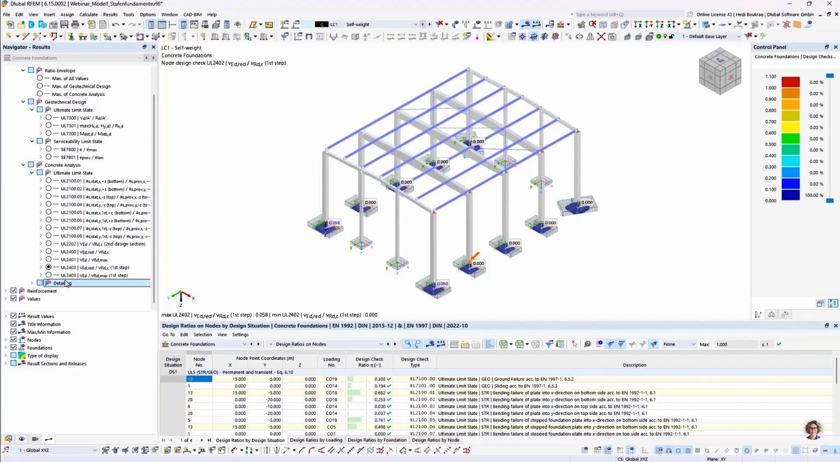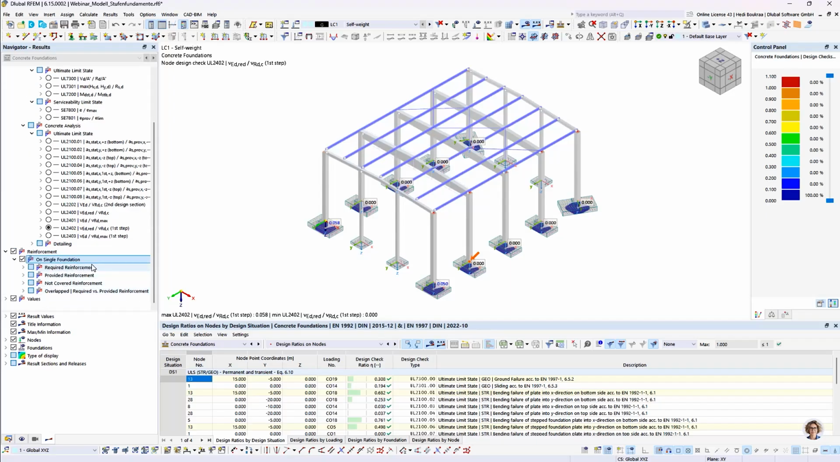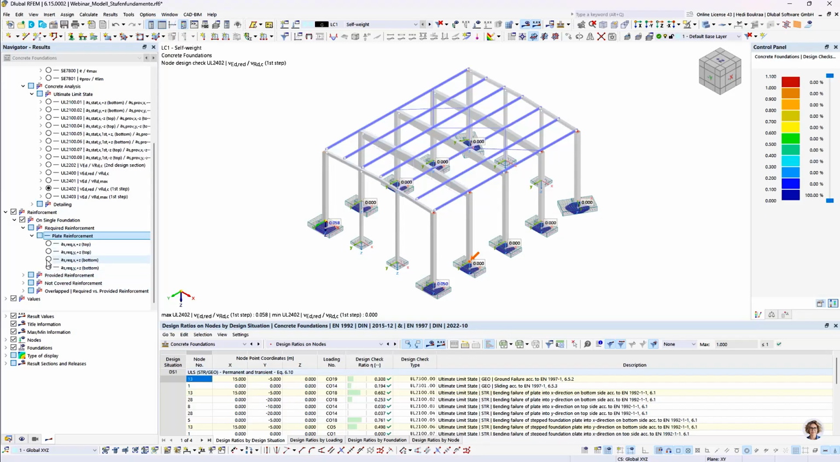And then we have the detailing. Here are the constructive rules if they were activated in the concrete configuration. The second list is reinforcement. And here it shows everything related to the reinforcement quantities. The required reinforcement shows everything related to the